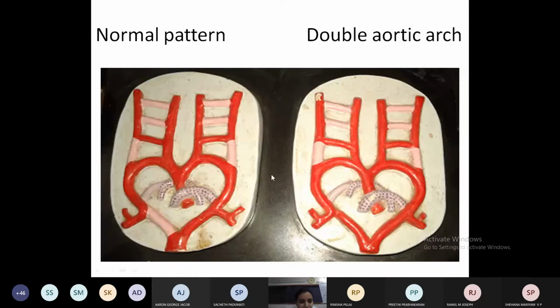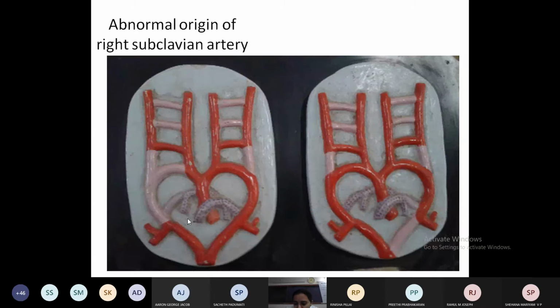I'll show you this. See, this is the normal one, because the dorsal aorta below the attachment of the 7th cervical intersegmental artery has disappeared. In this one, this part has disintegrated, so we get the right aortic arch. These are some of the models of the normal aortic arch development and some altered.